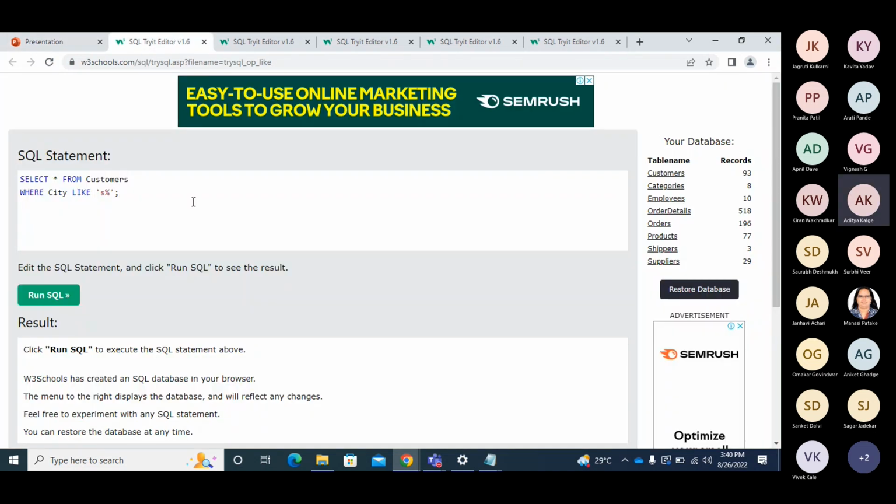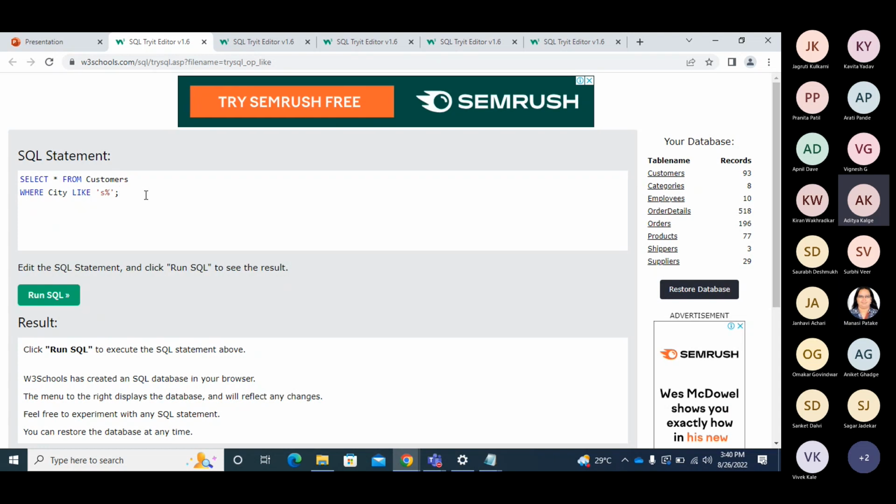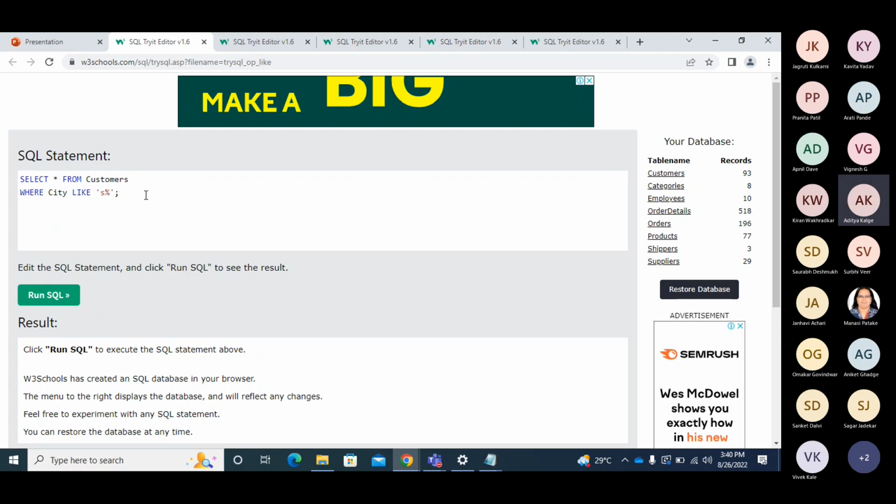With the LIKE statement, if we need to compare with a string, we can have a condition like we need the cities where Paris and London are present. So if we need to compare with the